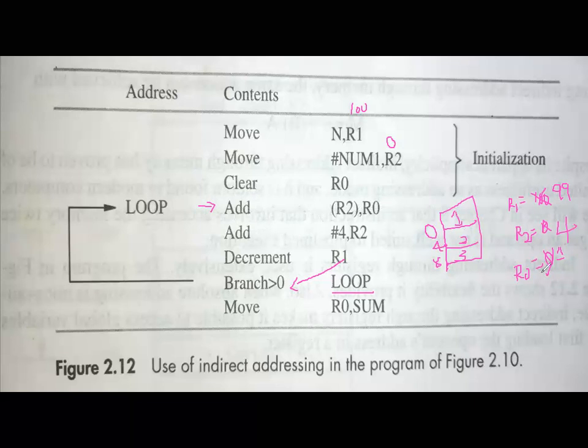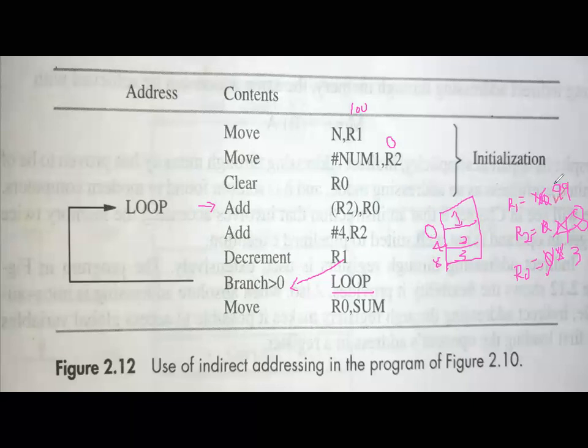Now R0 value will be incremented to what? 1 we already had. 1 plus 2, the answer is 3, exactly. R0 is holding a value of 3 now. Then later add #4, R2. If I add #4 to R2, we already have 4, so it will be overwritten as 8, right? R2 is pointing to 8, exactly.